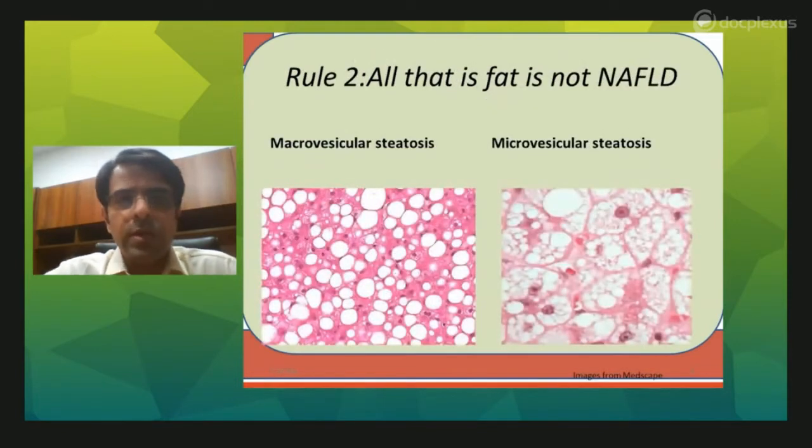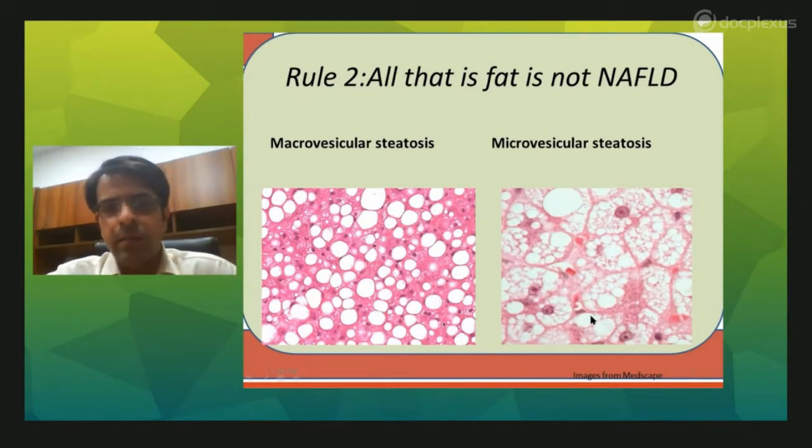Rule number two is that all that is fat is not NAFLD. Again, we know all this. There is something called macrovesicular steatosis and microvesicular steatosis. You can see in macrovesicular steatosis, the fat globules in the liver cells are really big. They occupy the entire liver cell. And in microvesicular steatosis, as you can see in the right-hand image, there are small vesicles of